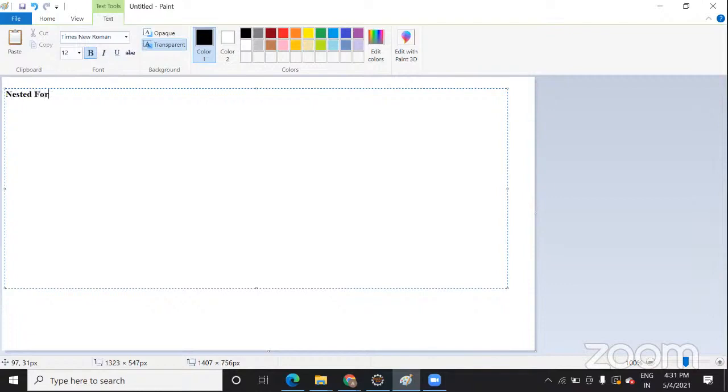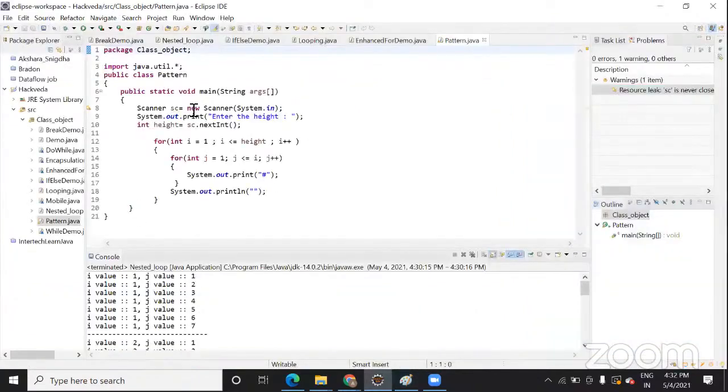So nested loop, not only the for loop, any nested loop, first thing is it will reduce your task. Means when we use nested for loop or nested while loop, it helps you to achieve the functionality in an easier way, right? You can do this with a for loop instead of nested for loop if you want to work with two dimensions, suppose a matrix, where rows and columns are there, then how can you work with it? Are you getting what I'm trying to say?